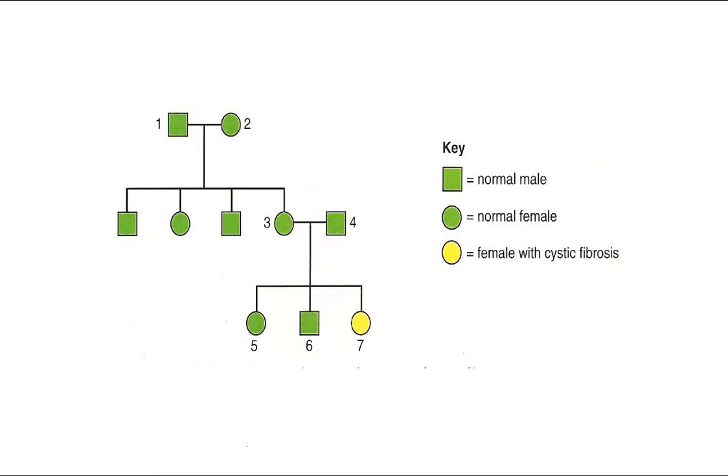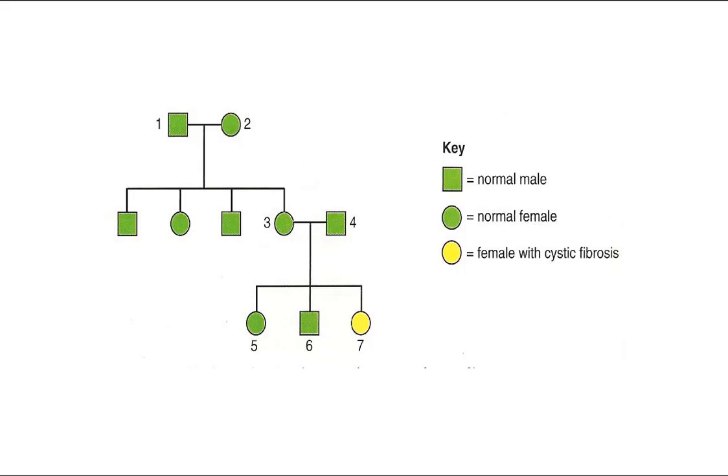So let's have a little look at this. Now, this is a typical pedigree diagram. Usually you've got different colours to show different characteristics and different shapes to show different characteristics as well. So in this case, a square is male, a circle is female, green is normal, and yellow is a female with cystic fibrosis. So what we can say about these people is person 1 is a normal male and 2 is a normal female. They have children, they've got 4 of them, and this daughter, who is